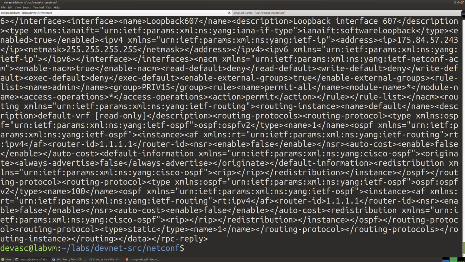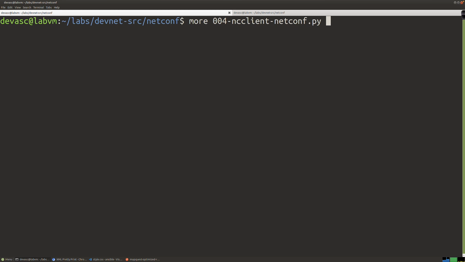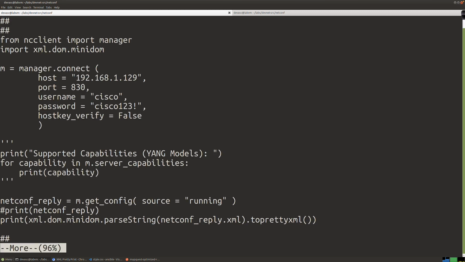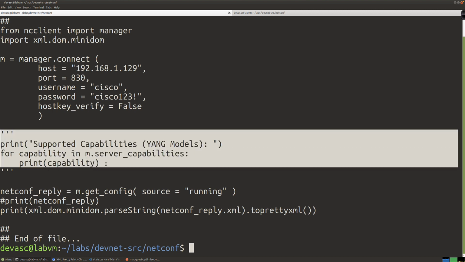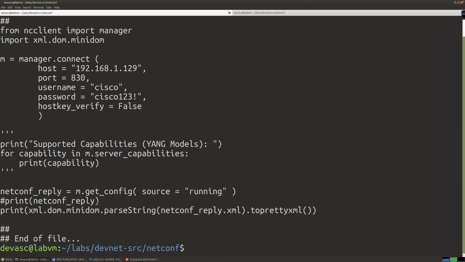Now, again, they have us manually cutting and pasting and dragging it over to this website. Wouldn't it be great if there was a way to do that auto-magically? And there is. So let's clear the screen and we'll say more 004. And we are going to prettify the XML code. So how do we do that? Again, you can see this is commented out here, because we don't need to see the capabilities again. And I commented out printing the netconf_reply,